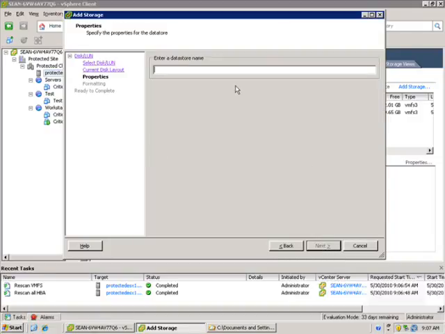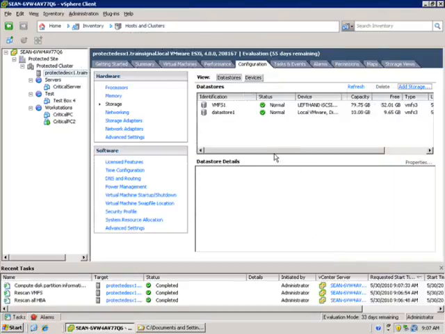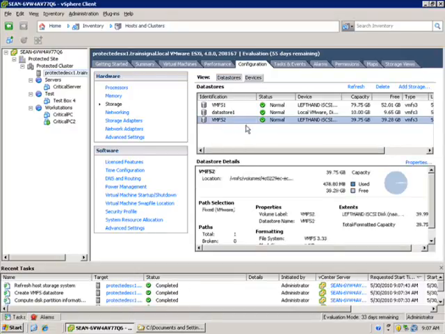So we select our volume, and then we'll give it a name, VMFS2, and click Next. We'll just select the defaults for now. And at the end of this, we should see that we have a VMFS volume that can now be used to store protected virtual machines. Great, VMFS2. But before it can be used by SRM, we'll need to create a virtual machine to live on